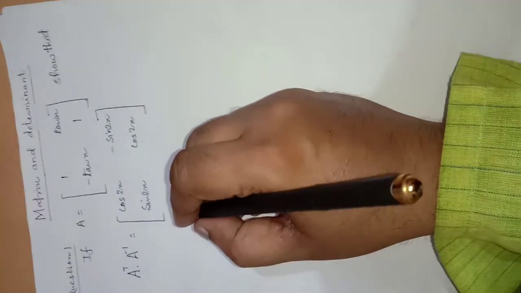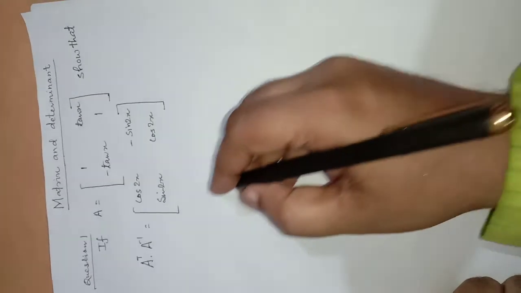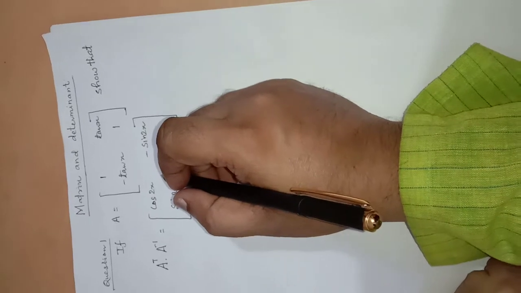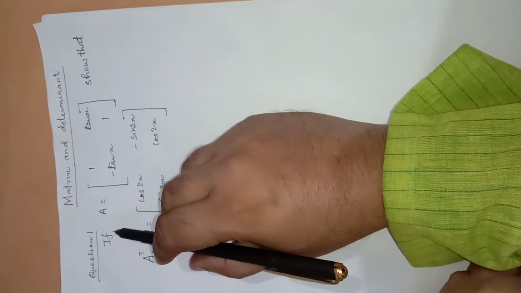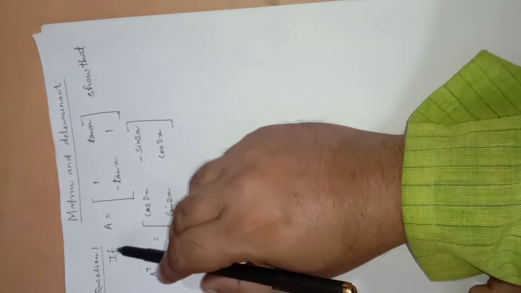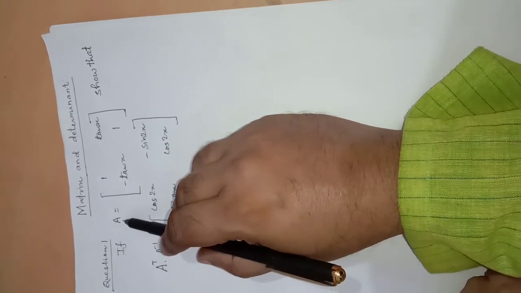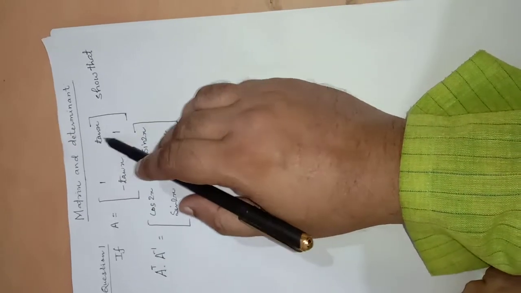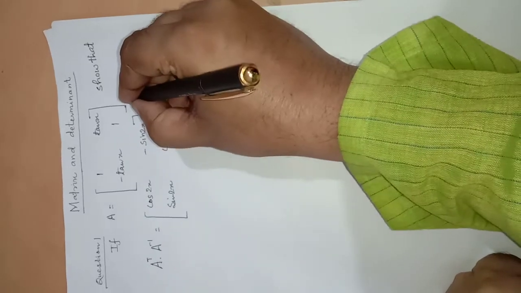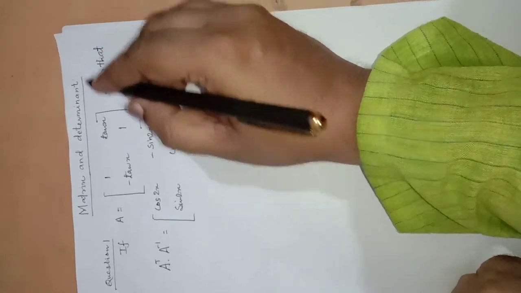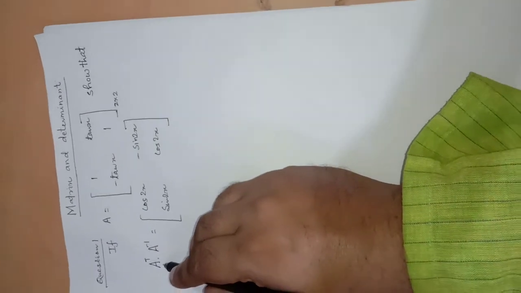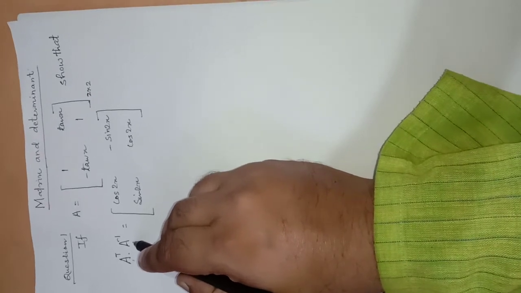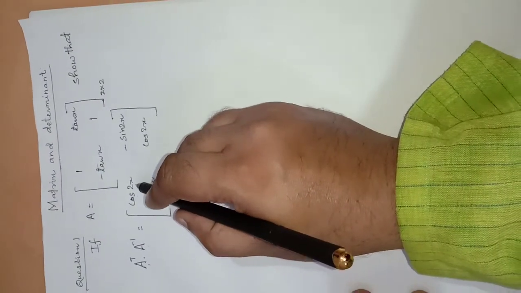Now I have taken one question of matrices for the demonstration purpose. Here, the question says that if A is a matrix which is a square matrix, as we see that here it is two rows and two columns, so it is a 2 into 2 order matrix, and we have to show that the product of transpose of matrix A and inverse of matrix A is equal to cos 2x minus